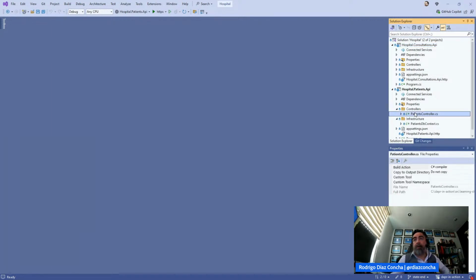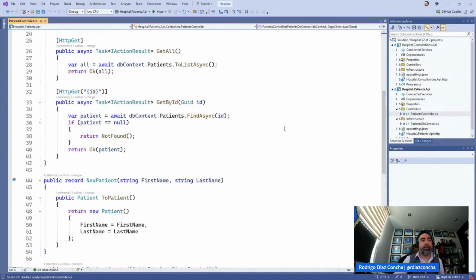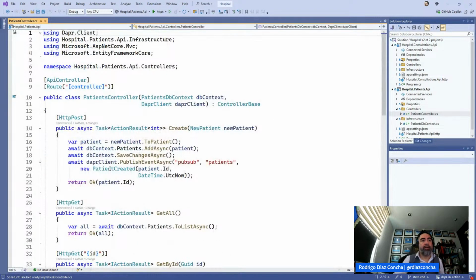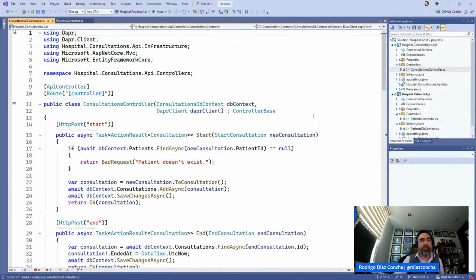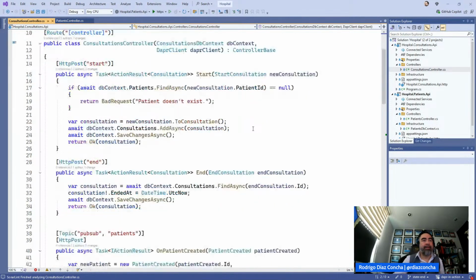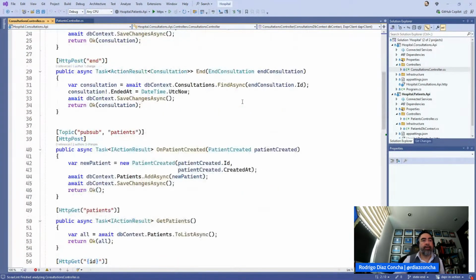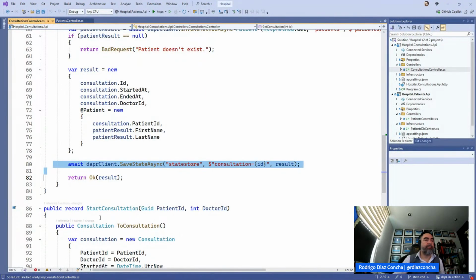Let's open up the patient controller. So far, so good. Nothing changed, right? I'm using publish event. This is the pub/sub building block. Let's go and open the consultations controller class, and let's see what's going on here. And right here, line 80,